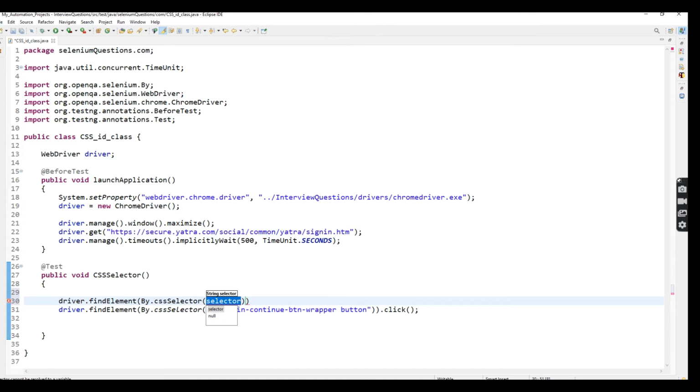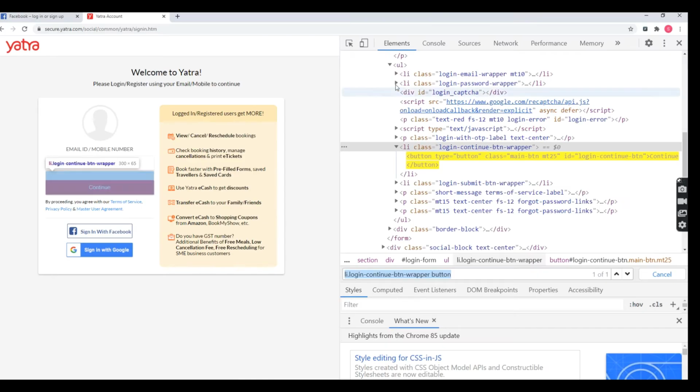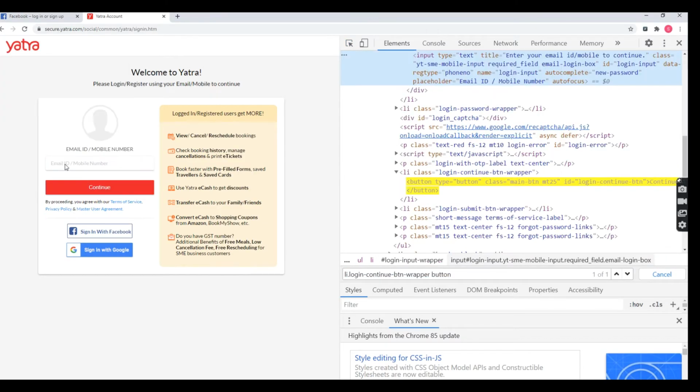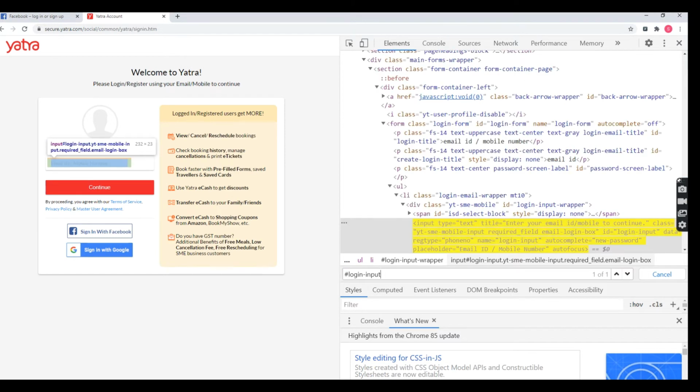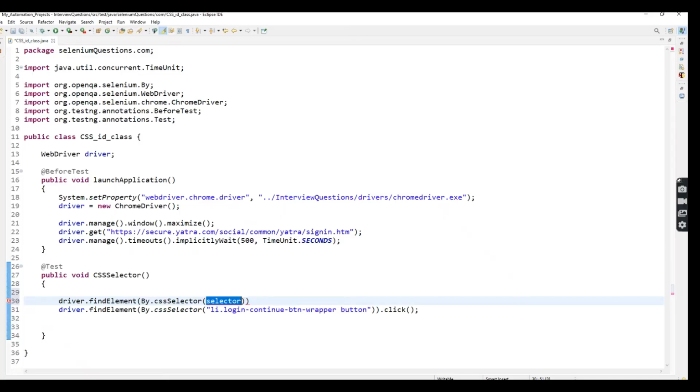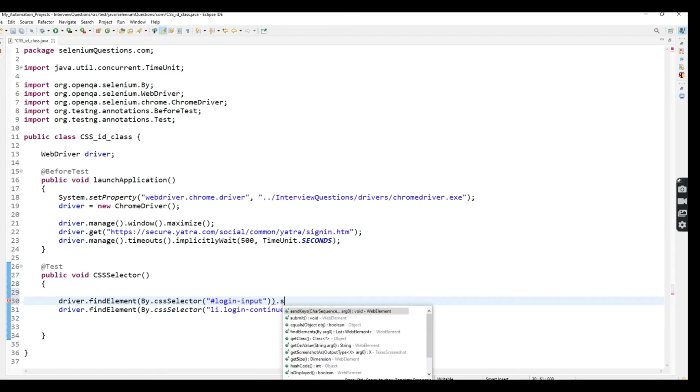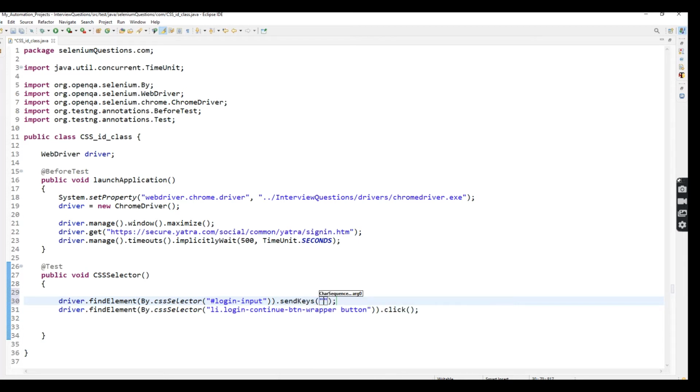You already know very well how we can take the CSS selector for this text box. I'm going to take the ID. For ID, we use the hash symbol, then the attribute value. Simply you can use it like that. Here sendKeys with the email ID. After entering this email ID I'm going to click the login button, sorry, the continue button.